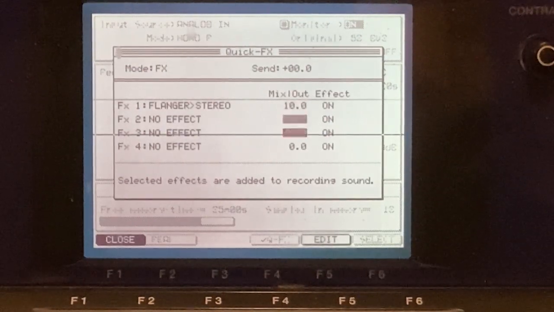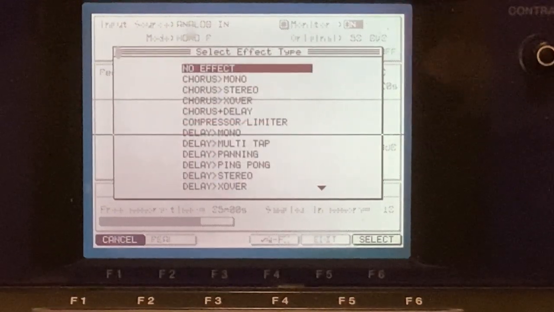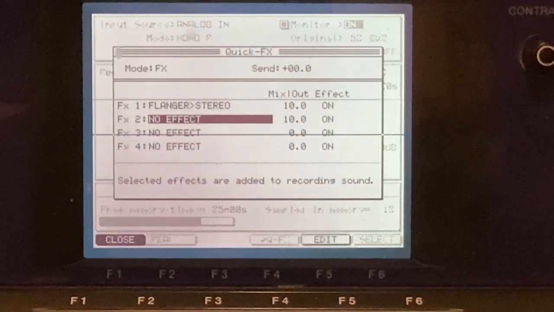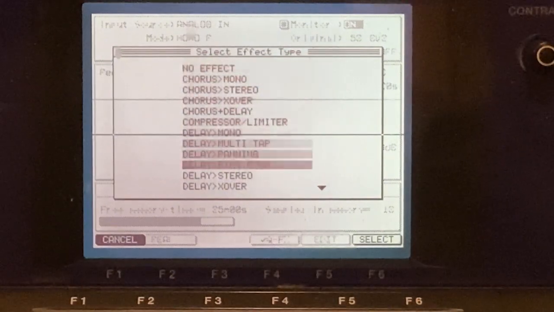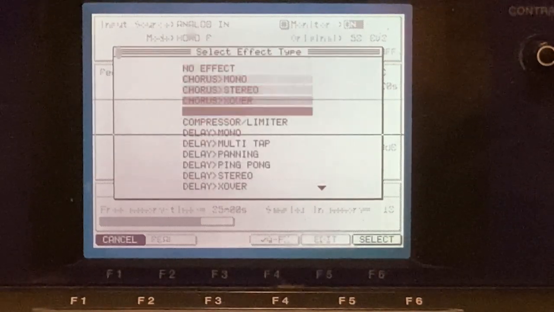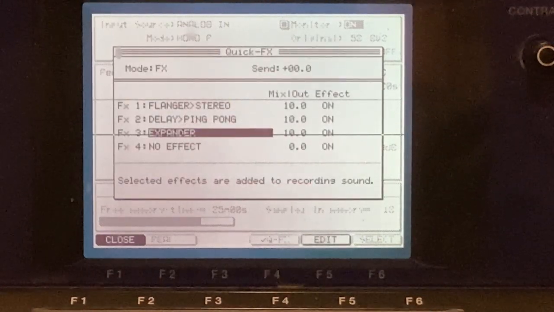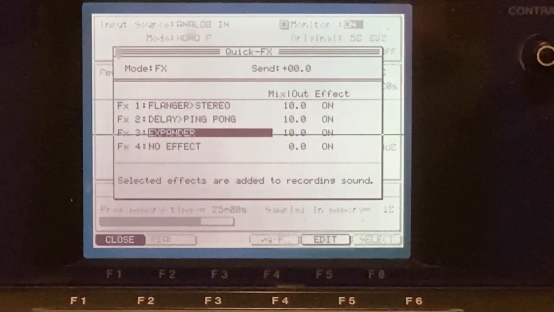And you can have, like I said, you can have two. Let's put another one. So you can have a total of